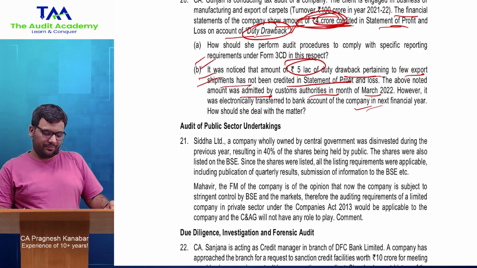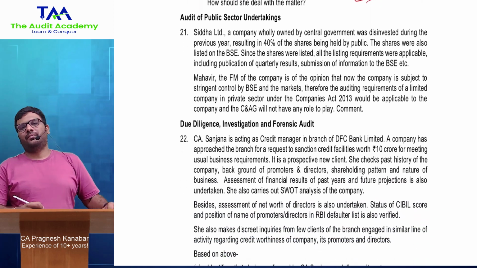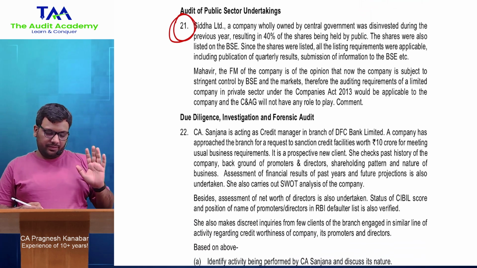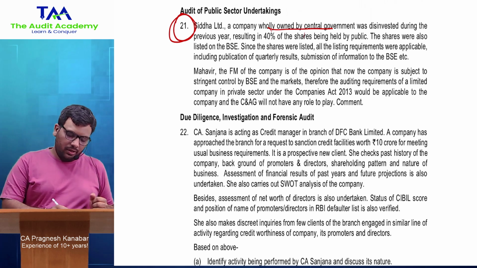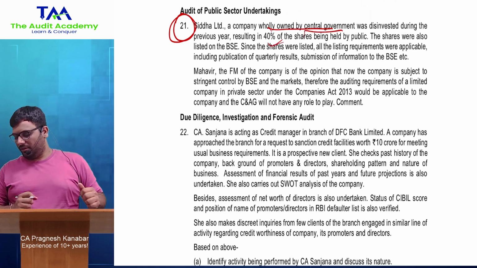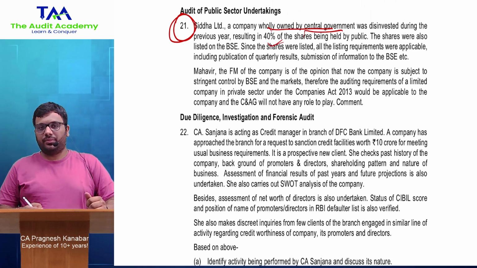All right, okay. Audit of PSU, this is a very very basic question that पहले तो आपको प्रूव करना है कि ये कंपनी गवर्नमेंट कंपनी है. ऑलराइट, तो होनली ओन्ड थी, मॉड्यूल क्वेश्चन है, फटाफट बोलता हूँ. होनली ओन्ड थी बाय द सेंट्रल गवर्नमेंट. डिसइन्वेस्टमेंट हुआ 40% का, फिर भी 60% तो गवर्नमेंट होल्ड कर रहा है. ऑलराइट, देन इन दैट केस ऑब्वियसली इट इज अ गवर्नमेंट कंपनी.